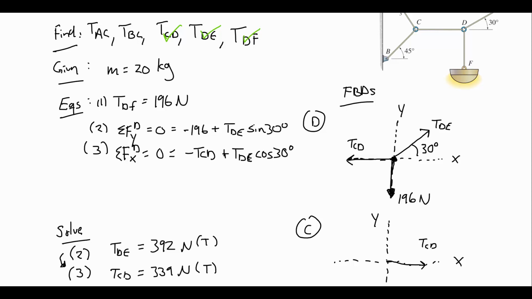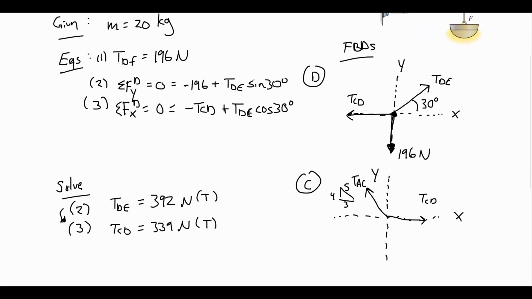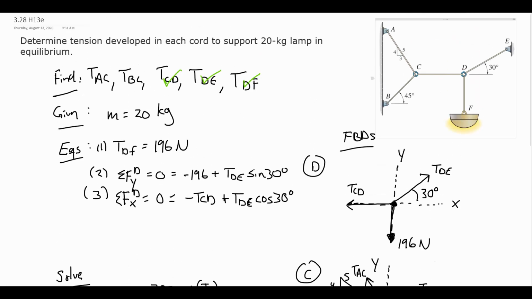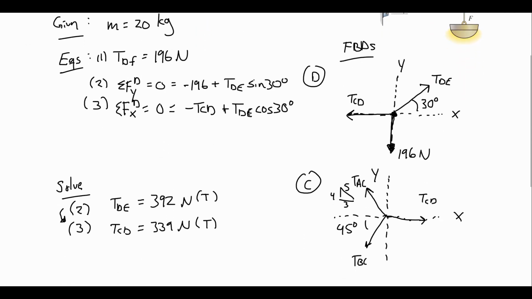Right, I have AC acting, also in tension here, and we are told it acts with that 3, 4, 5 triangle. And that's TAC, and then TBC, and that's acting 45 degrees from the horizontal. So I have my complete free body diagram for point C now, the three chords it's attached to, all the directions using a ratio triangle, using an angle here, and now I can proceed to write the equilibrium equations based